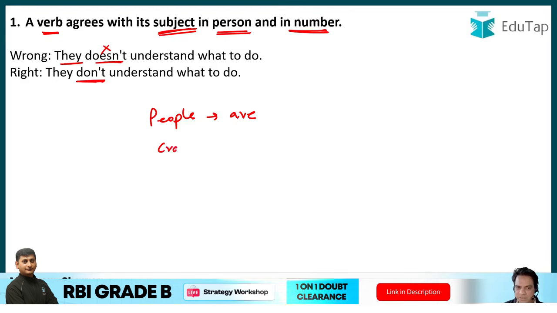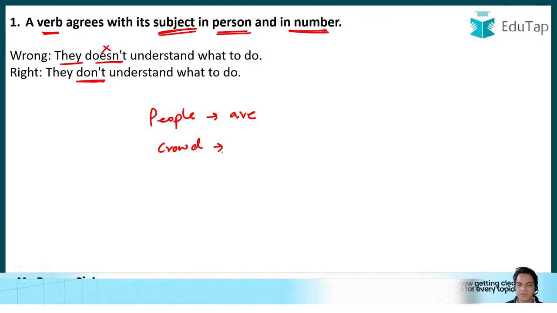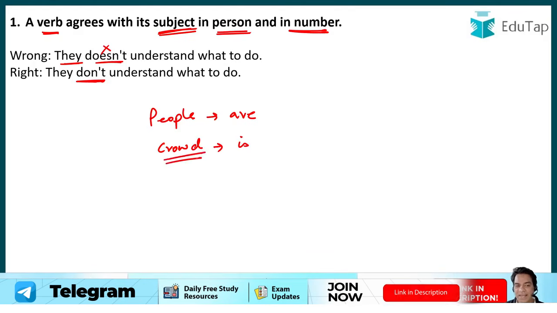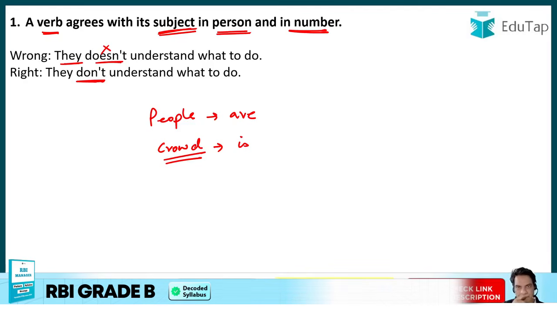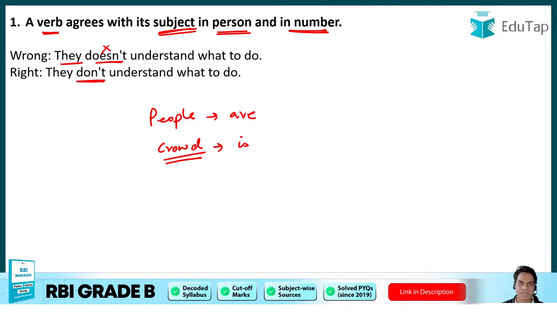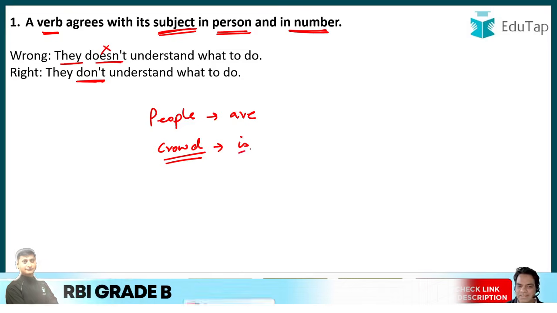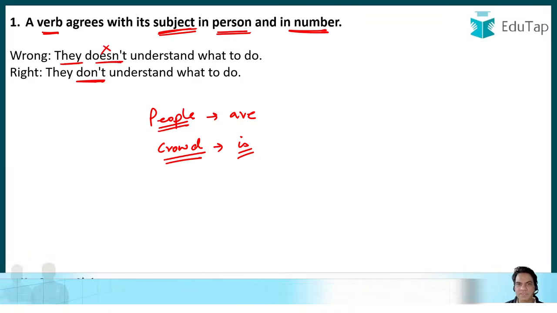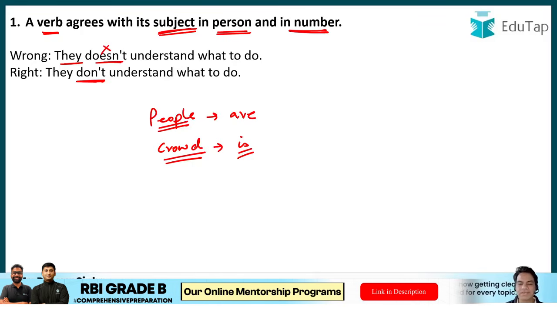But now my next question is, what do we use with crowd? Now there are multiple people, numerous people in a crowd. But what do we use with crowd? We use is. Why? Because you need to remember, crowd as a noun, as a word, it's a singular word. It's a collective noun. So crowd means collection of people, right? That becomes a crowd. So it's a singular noun. So that is why it takes a singular verb. Whereas people, on the other hand, it's a plural noun. It's plural of person. So plural of person is people, and being a plural noun, it takes a plural verb.